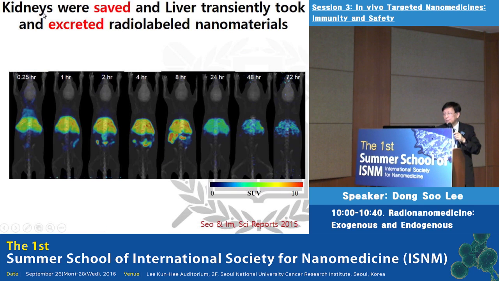So we could just say that kidneys were saved. We are going to use the PSMA ligand to modify the surface, and it is automatically imagined that the kidneys are saved and it's excreted here. Only 10 to 20% are remaining after 72 hours. So that's a kind of biological excretion. That's against the data you've heard from Professor Johansson, and that's the reason why I asked him. His gold experiment using ICP-MS is the gold standard. But what about the silica or the other UCNP type of molecules? We have seen here,